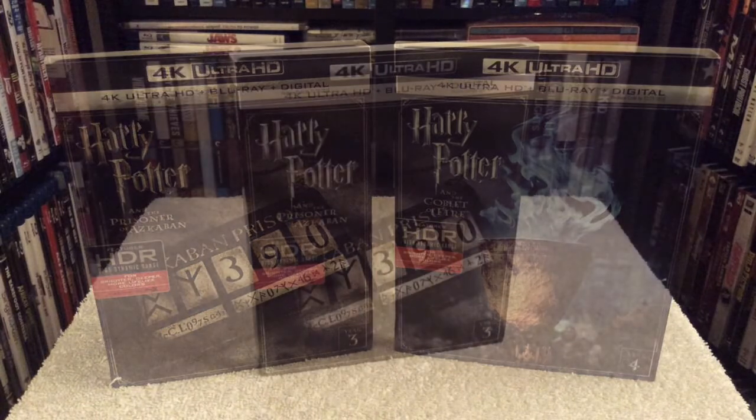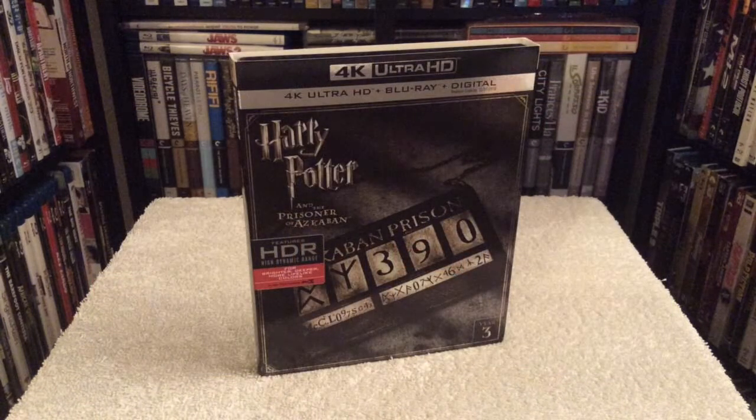But first up is year 3, which is my personal favorite of all the Potter films, and the 4K presentation doesn't disappoint either. And it seems like as the films progress, the picture quality tends to get better too, as the HDR provides a nice rich color palette with very nice looking black levels. And right off the bat, I was able to see the difference on how nice the picture looked versus the